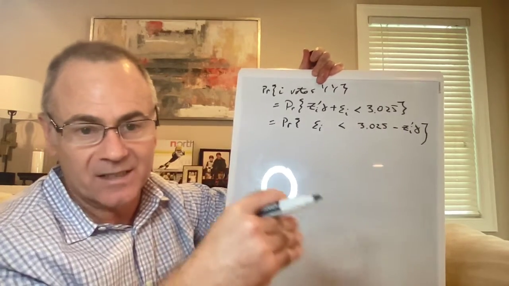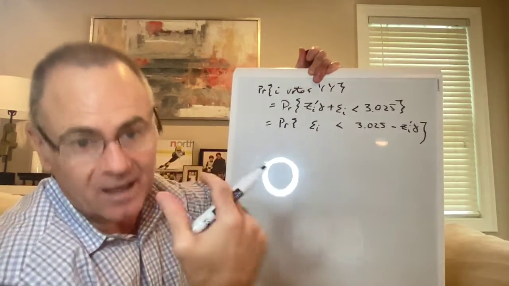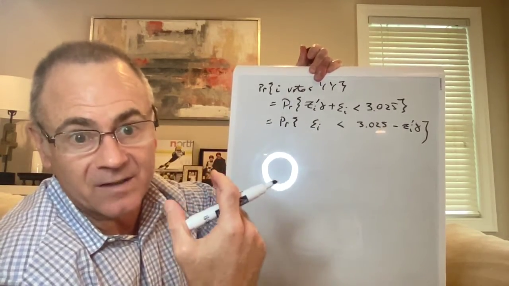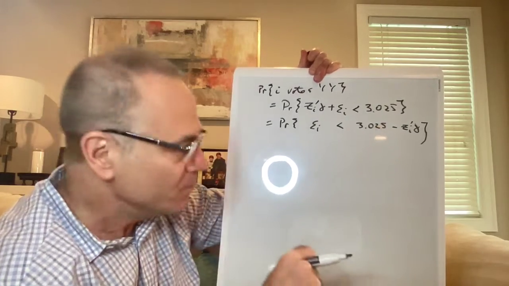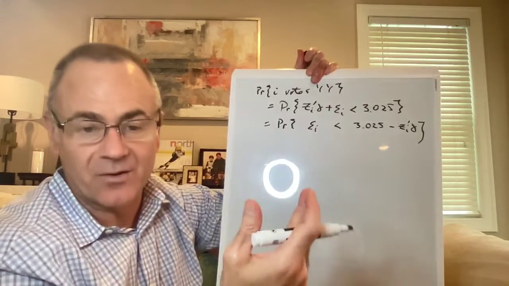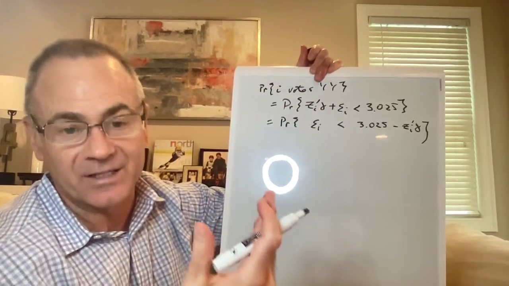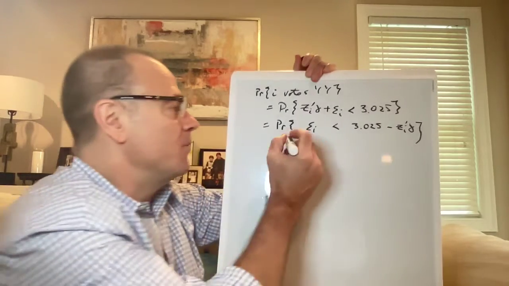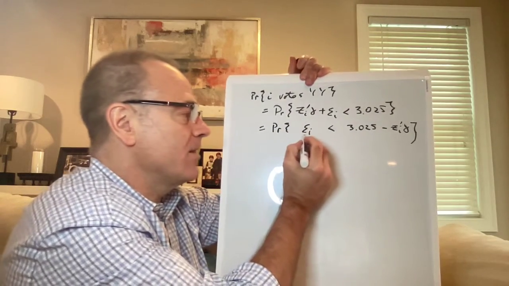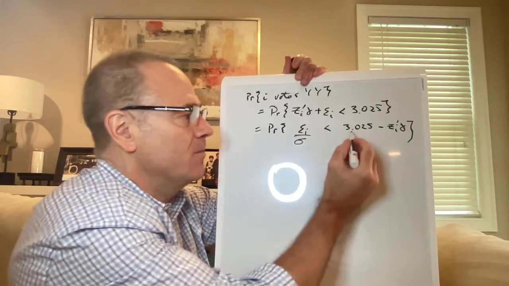Standard normal has a variance of 1, while epsilon I has a variance of sigma squared. How do we transform epsilon I into a standard normal? We just divide by the standard deviation. So if we divide both sides by sigma,